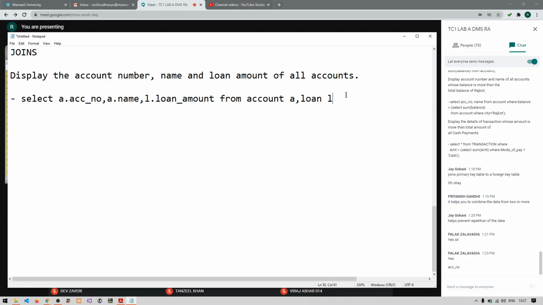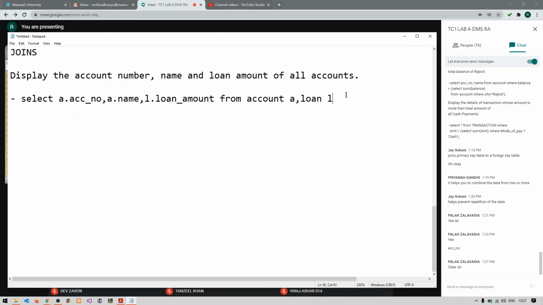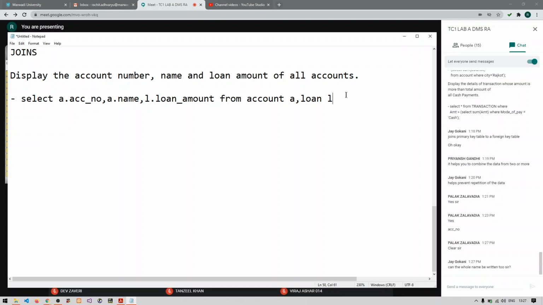Clear with this, guys? Why have we created these particular variables for each table? Yes, Jay, you can write down the whole name also, but assume that your table name is like sales_order_details_something. Your table name is too long. So writing down the complete long name of the tables is quite tedious, right? That is why we are creating short variables.